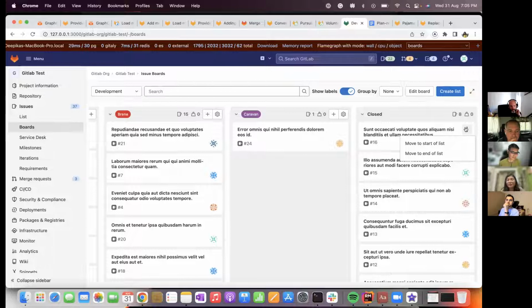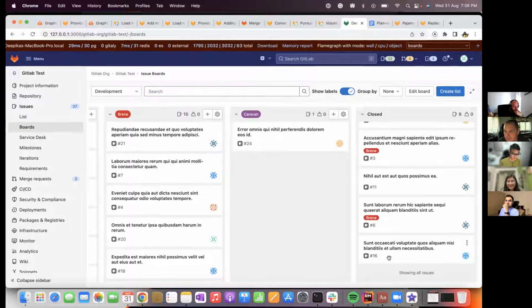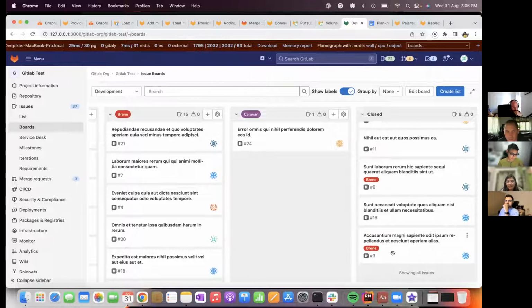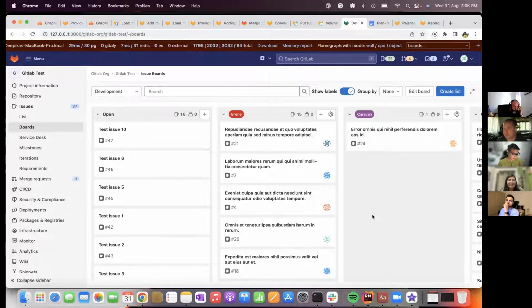But moving to the end is a little tricky. If at first just 10 items are loaded in the list and I move number 16 to the end, it's just visible. For example, number 3, if I move it to the end, it is visible. But what happens when all the items are not loaded?